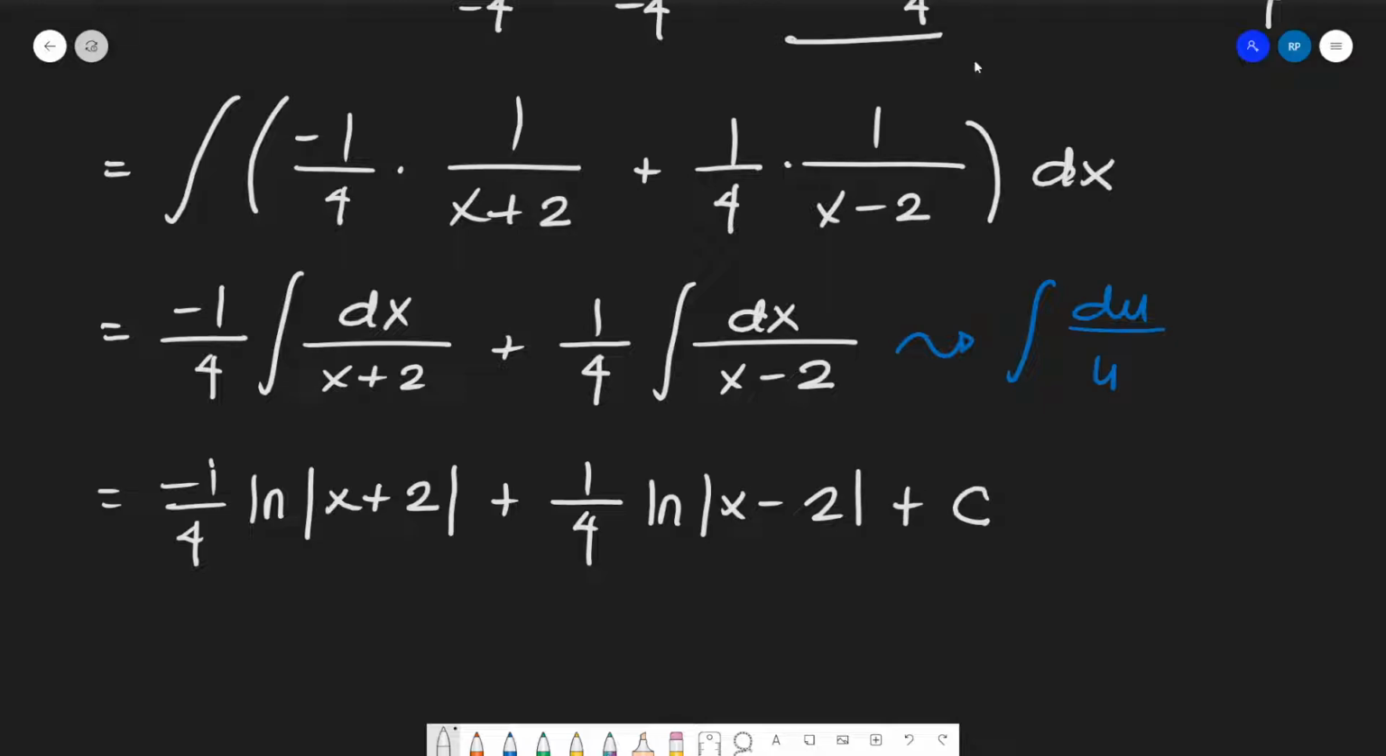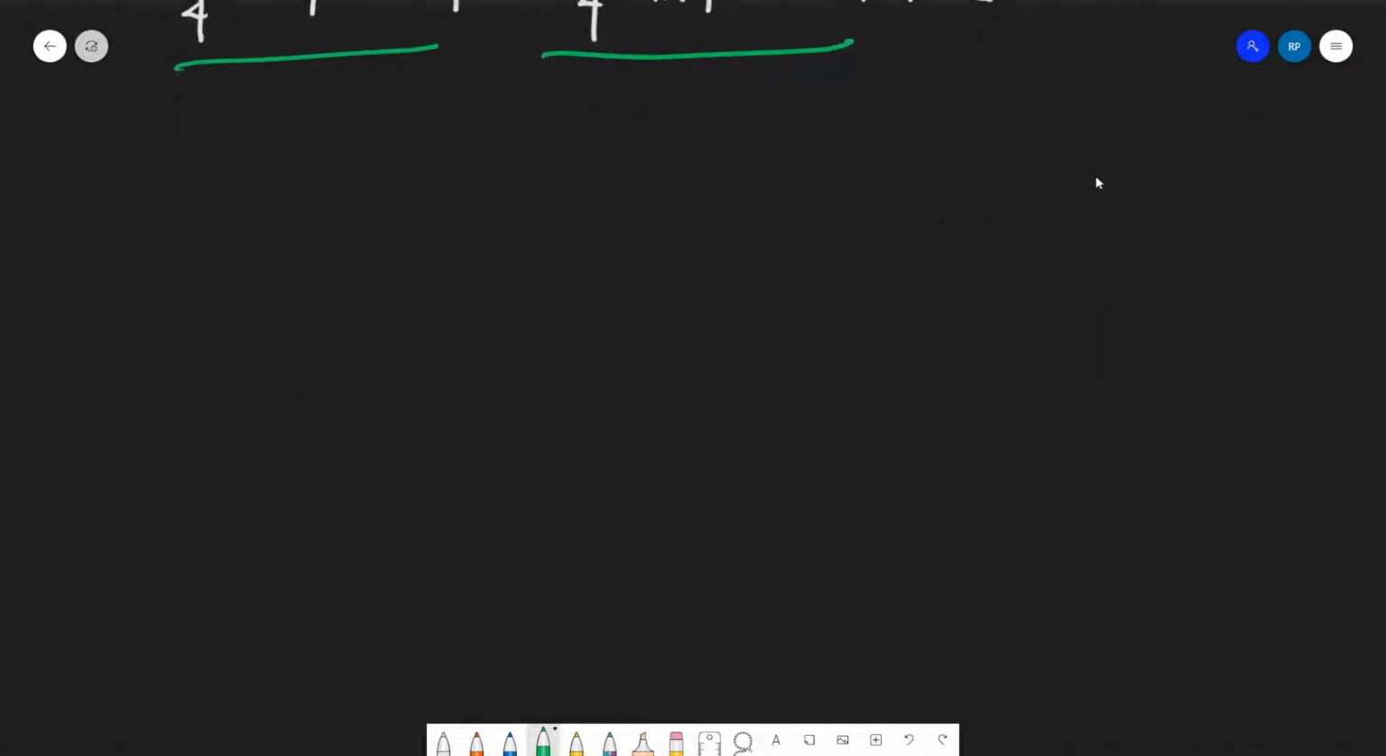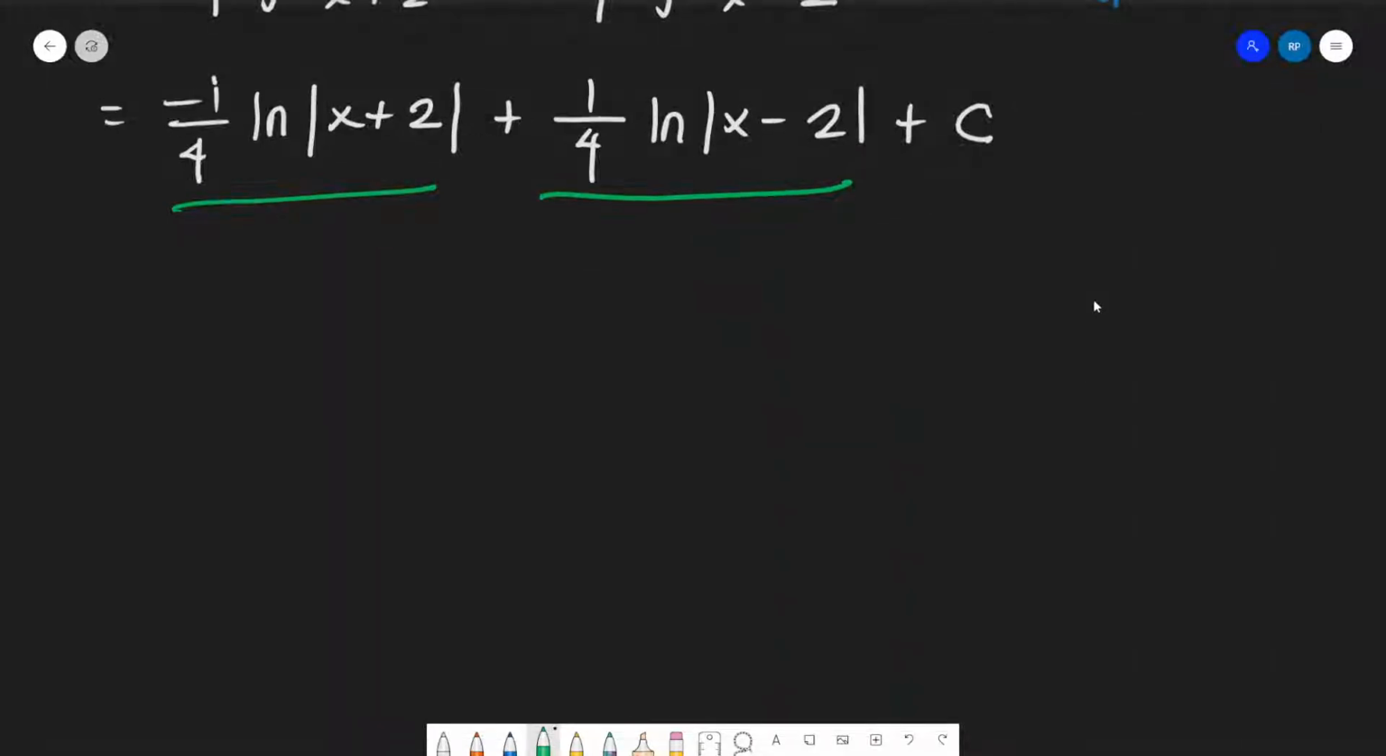So, we can combine both terms using properties of logarithms. Alam natin if we have ln of a plus ln b, this is equivalent to what? ln a times b. Diba? So, pwede natin siya i-combine na ganun. We have 1/4. Dapat, by the way, dapat same sila ng numerical coefficient or else hindi nyo pwede gamitin to. So, we have 1 over 4